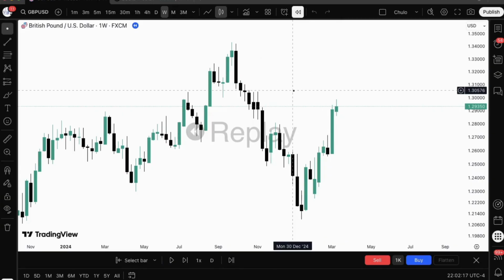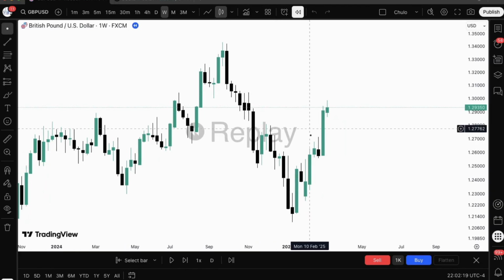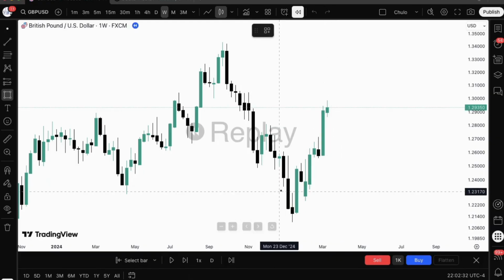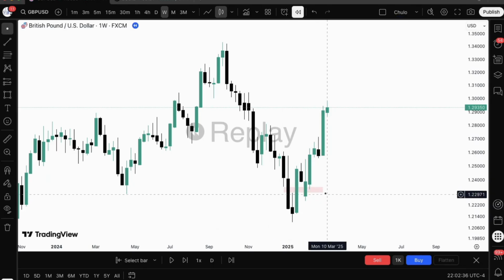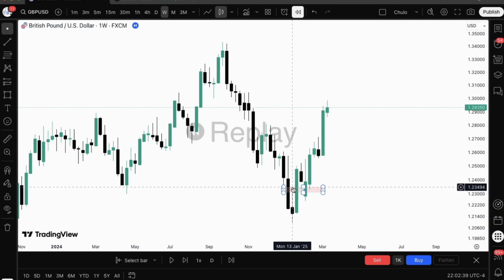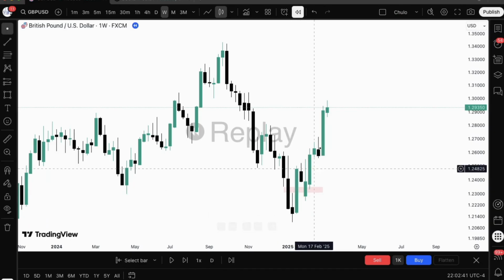This is the GBP USD weekly chart. Now we can clearly see this order flow here from the weekly time frame. I don't want to go into more details why I should long this because I have this inversion gap. So we have this bearish order flow here. Now, looking at this movement here, we can clearly see that we have a tiny